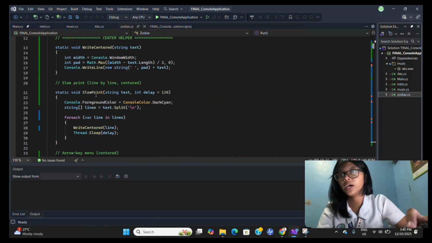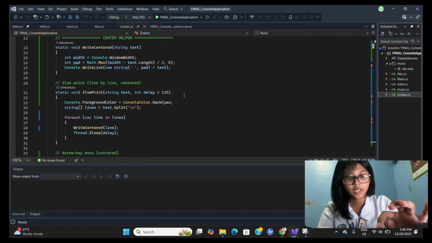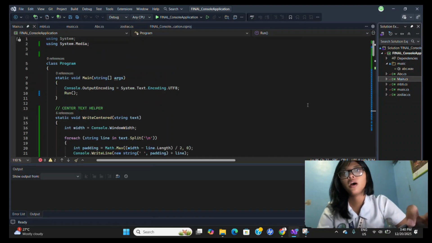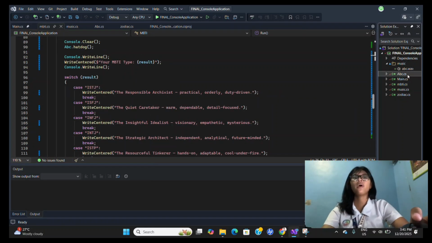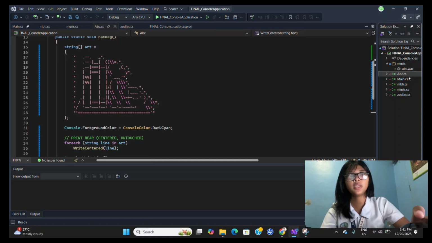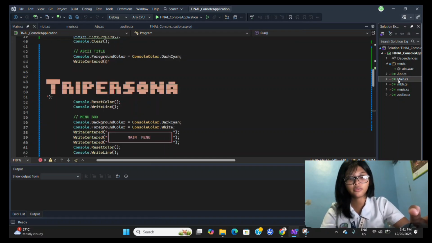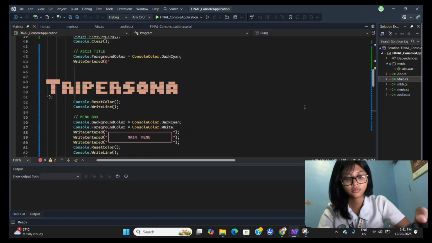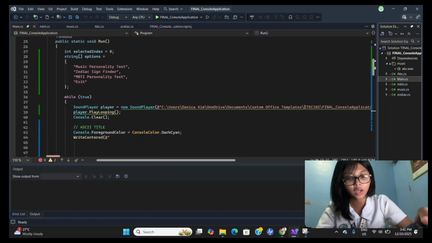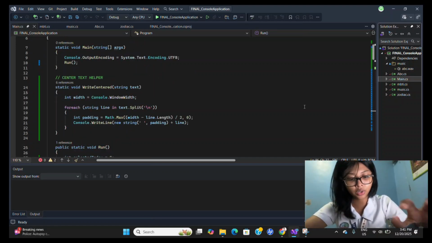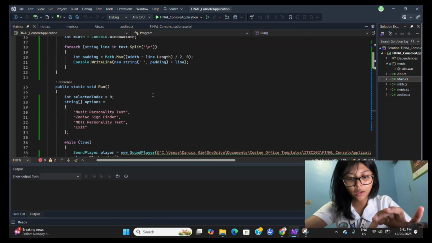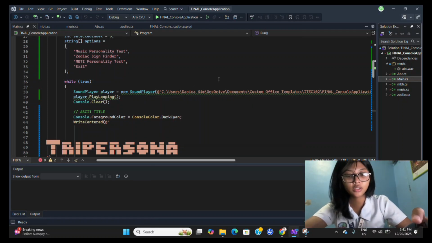This is how you code the slow print effect. And then we also displayed ASCII design illustrations using websites that we will be tackling in a future video. We also used right-centered text that centers all text for better UI, and we used reusable functions that reduce repeated code and improve consistency.